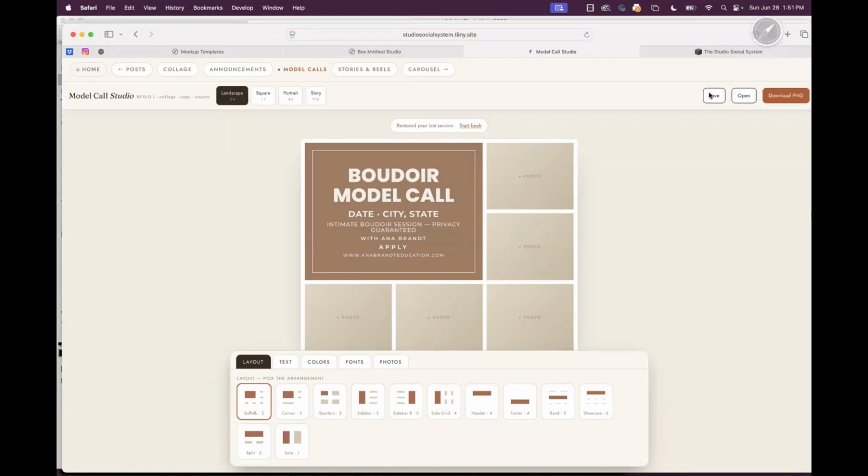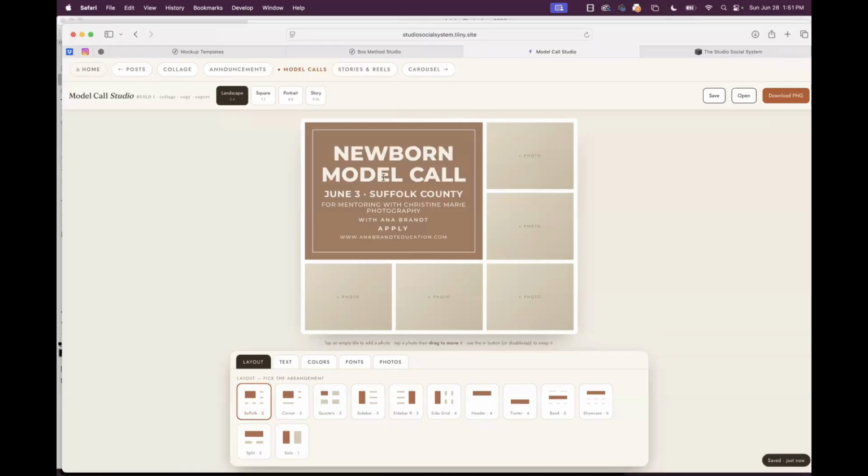So there's a save here, but I don't know if that save's going to work. I have save in other areas, so I can check it. I don't see any reason why not, because I have added it into other areas. It should also restore your last session, so you can start fresh, or you should be able to restore the last thing. But I can just do a check on it.